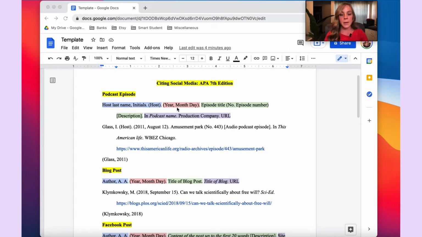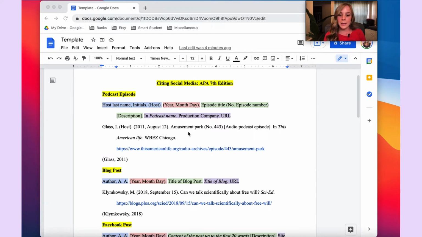Next, the date element contains the traditional information in that it includes the year, month, and day. Then for the title, you want to include the episode title, the number of the episode in parentheses, and a brief description of this work.